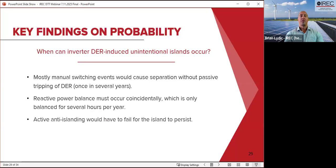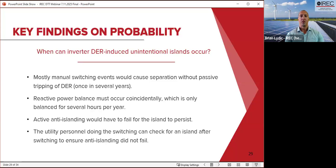The third, active anti-islanding has to fail to detect the island in order for it to persist. And without all these things happening simultaneously, you won't see a persistent island. So quite a few things, a confluence of events, needs to occur. As Ray mentioned, that's the first two of those, just having the switching event overlapping with the reactive power balance